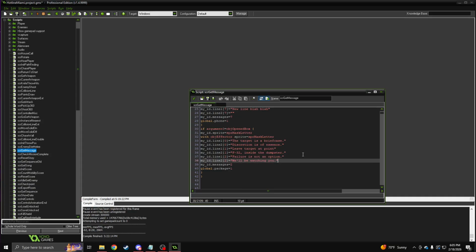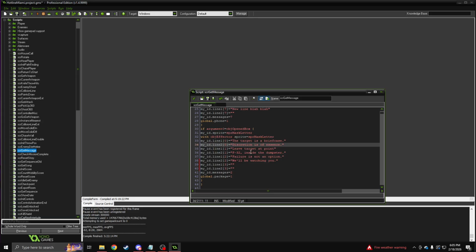So essentially you'll just open a new line like this, and type something like my_id.line1, and you'll just increment it, my_id.line2. And so this is essentially an array that just holds the dialogue data. So my_id.line1 is the first line of dialogue, and then line2 is the second line of dialogue in